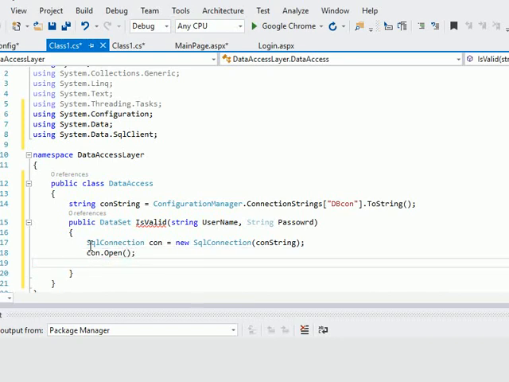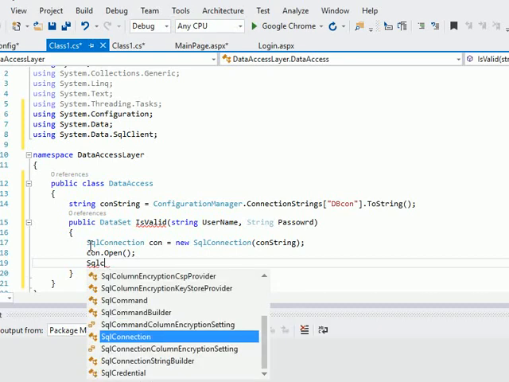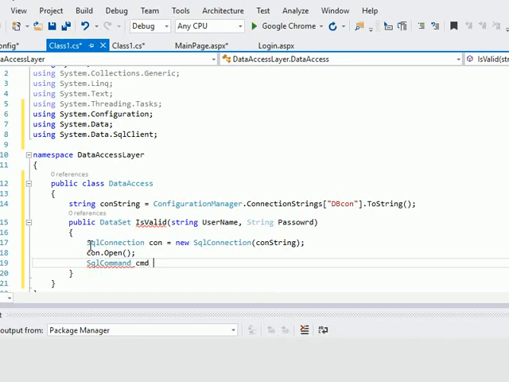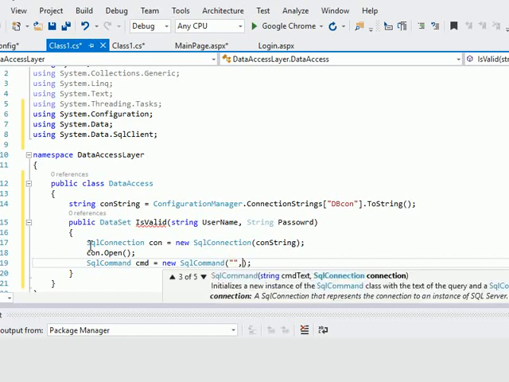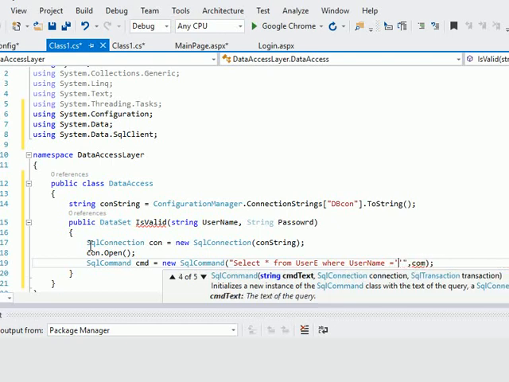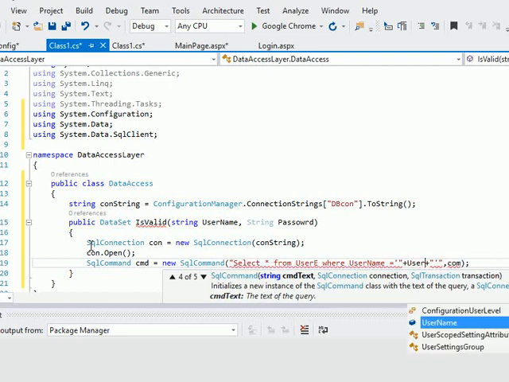Now I write a query in my SQL command: SqlCommand cmd equals to new SqlCommand. In SqlCommand we have to pass two very important things. One is a connection and another is the SQL query. So what will be my query? Select star from user where username equals to, single quote, double quote, plus username